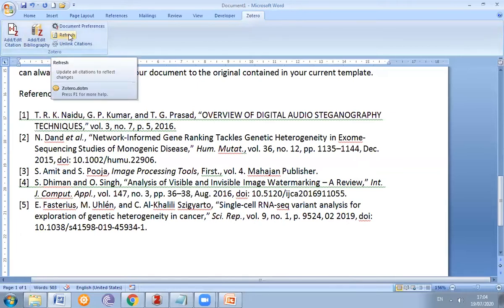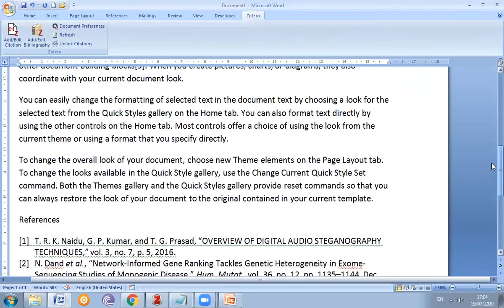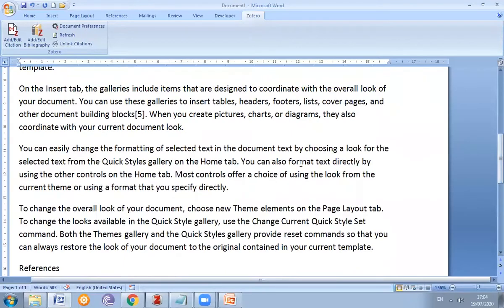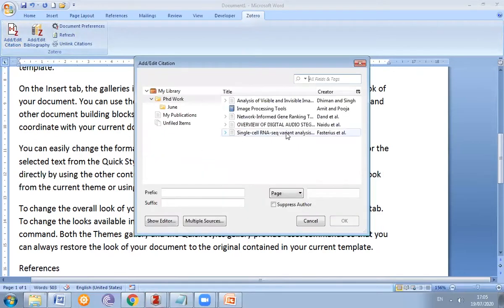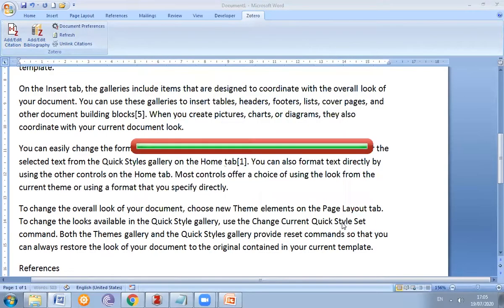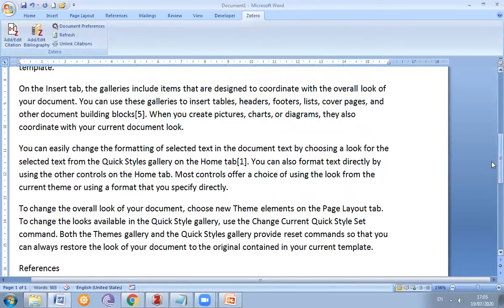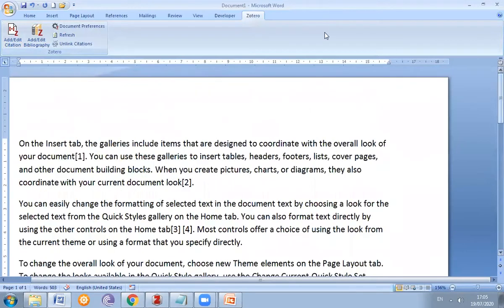If we want to refresh, for example after this I add something and I want to add citations here, then you just add here in classic view. In classic view here we add this paper. So this is our first paper, so no need to provide. But if our paper is different, then here we use refresh and then you can refresh this.